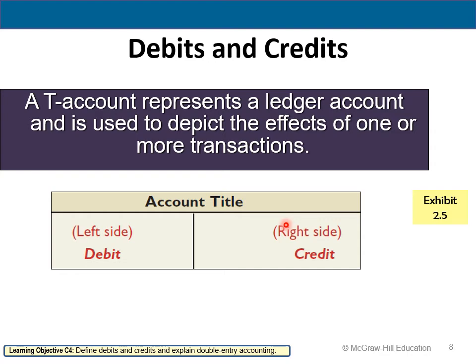So I will ask you to check that at the door when you come to your accounting class, because it will confuse you. All right. From our perspective, debit means, if you think of an account, this is what we'll call a T account. All right. From our perspective, debit means an adjustment to the left side